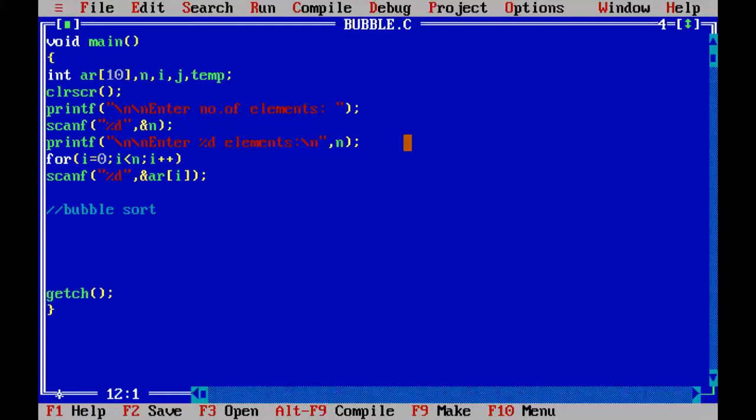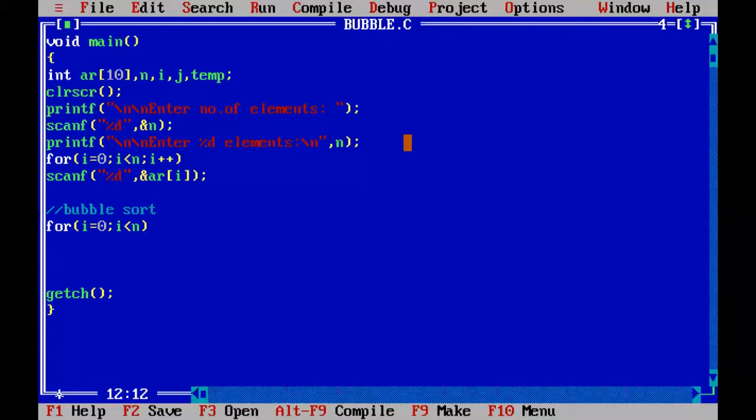I use one for loop for selecting the passes, pass 1, pass 2, pass 3. If the number of elements is 5, 4 passes are required. Iterations required are 4. So here I am writing i equal to 0 and i must be less than n. n means 0 to 4, 5 iterations, but we need only 4.